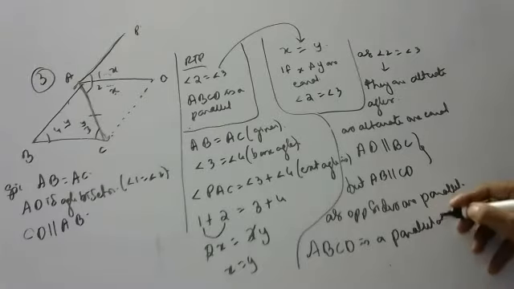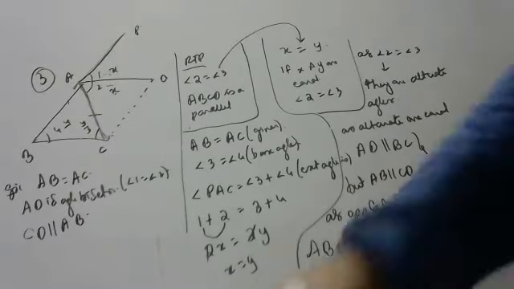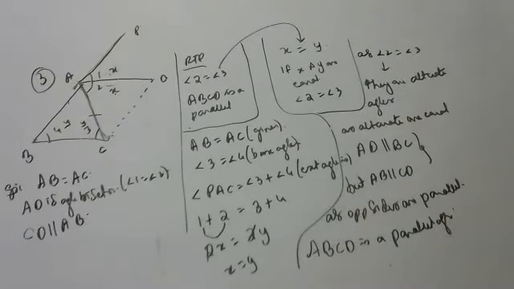Parallelogram is no problem, children. Rectangle, if they ask, it is difficult, because we have to prove 90 degrees again. Parallelogram is happy, because if opposite sides are parallel, it is a parallelogram. It can be a rhombus, it can be a square, it can be a rectangle. But just a parallelogram, he said, okay, happy, no problem. You may say, sir, rhombus also.